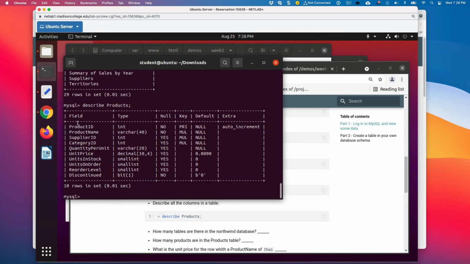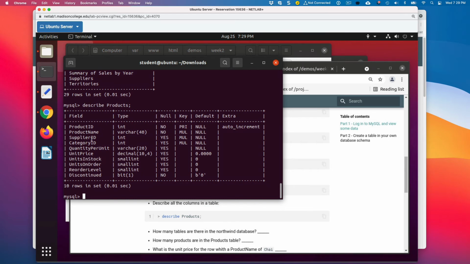And so it's telling me all the fields, and the product ID is the primary key. Modern day mechanism for adding a primary key field to your table is just to call it lowercase ID.